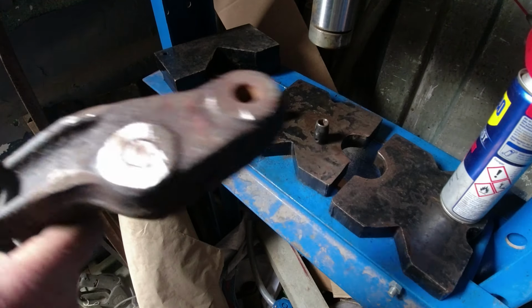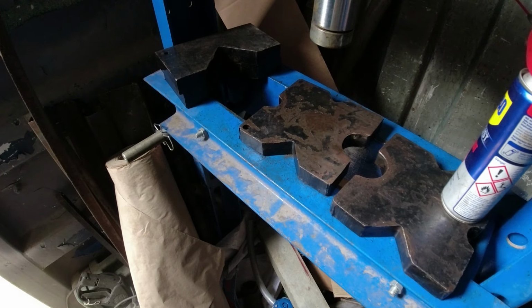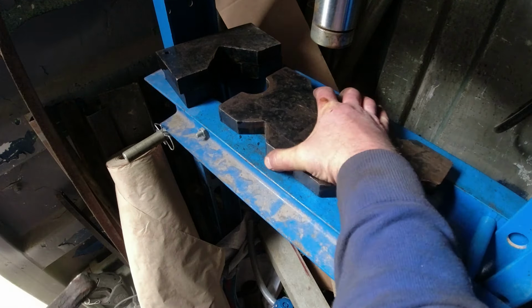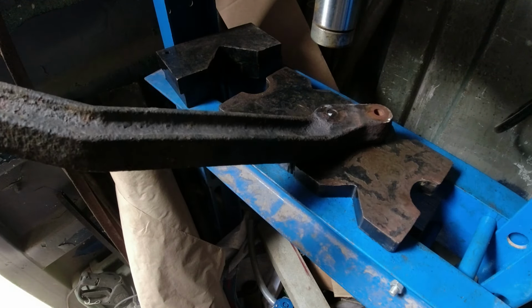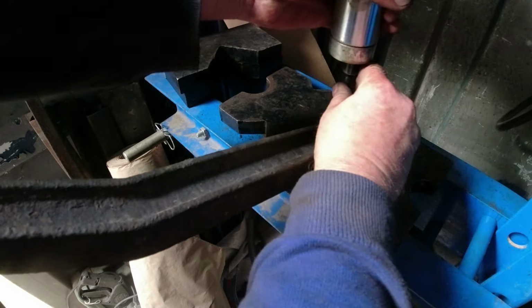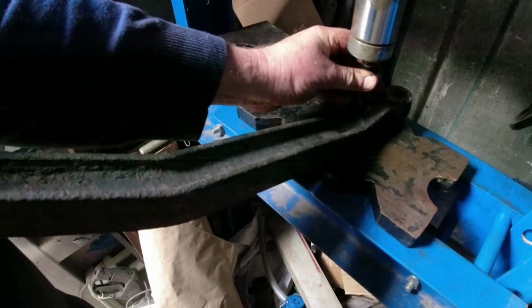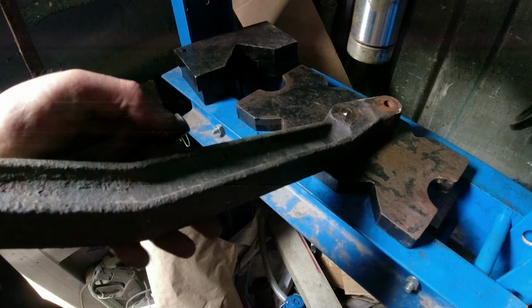So, what I want to do now is to get the bolt out of there. I don't need those two. They can go in my pocket and go back in the box in a moment. I don't need that there. I'll probably want these two the other way round so that I can shoot the bolt through that hole there. That'll work. It's reasonably flat. We'll see what happens. So if I balance that against my chest, position that over there, and tighten the... now I've got the camera is in the way of the...